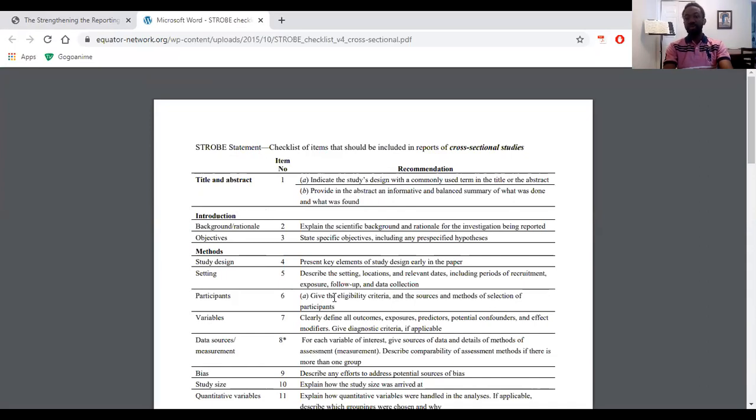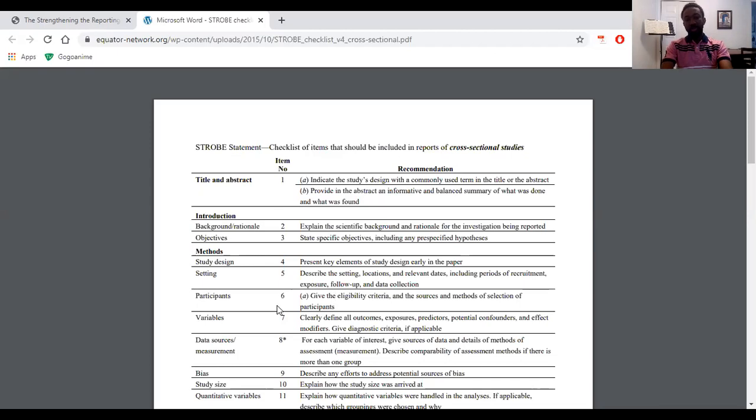So all these things need to be thought of for you to be able to report them. You won't find yourself at the end of the study, when you didn't define all these things, trying to define them. That doesn't work that way. So you need to think about them at the moment when you start doing everything.